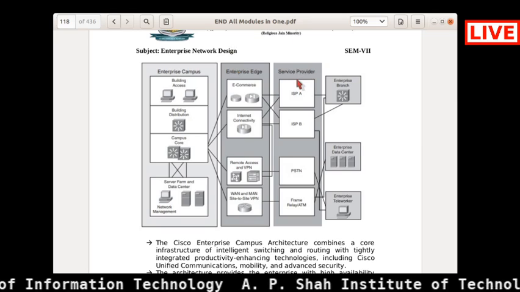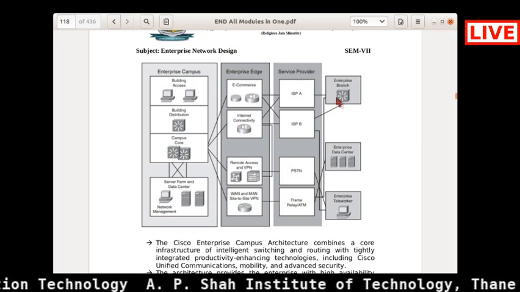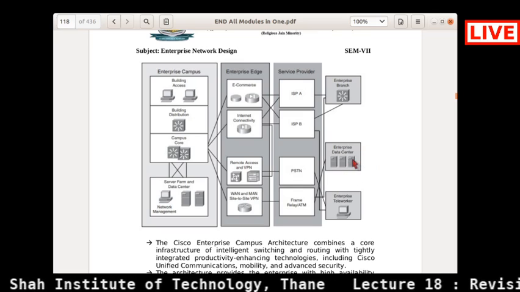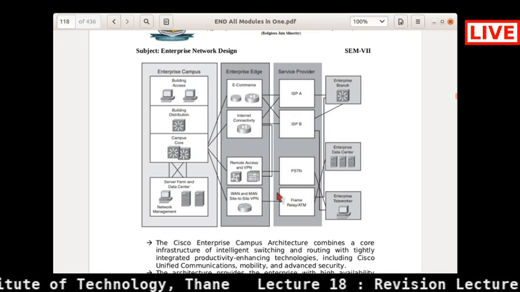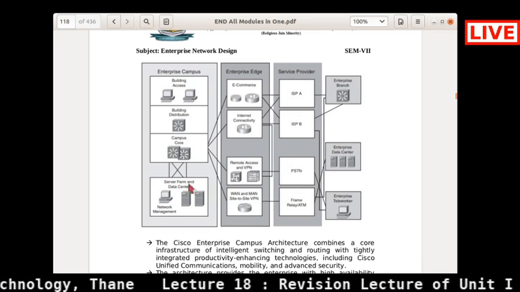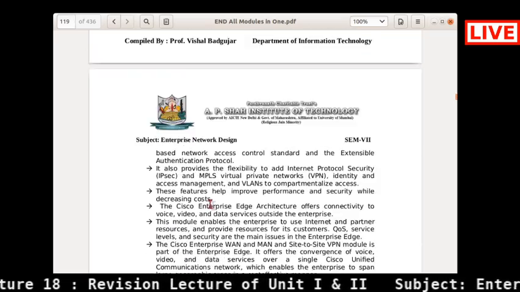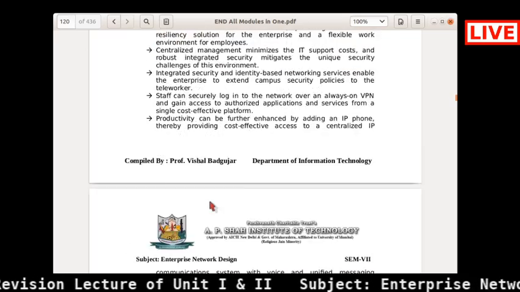And what is the functionality of this enterprise branch, what is the functionality of this enterprise data center, how it will be connected to your service provider, right? And all these questions can be formed by using this particular single diagram, right? If you consider, then we will move